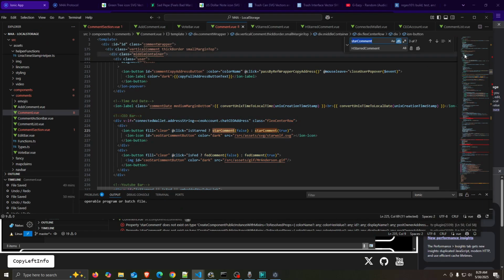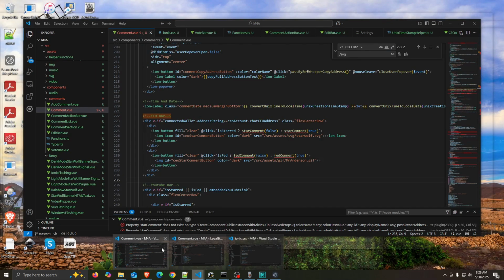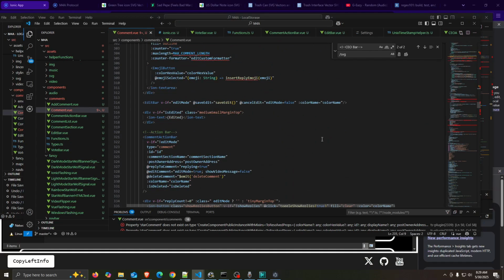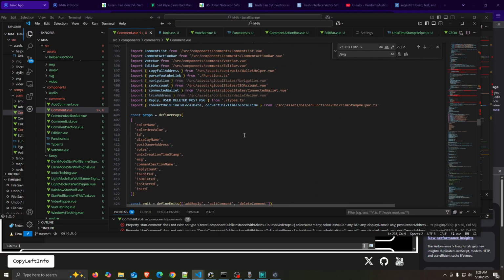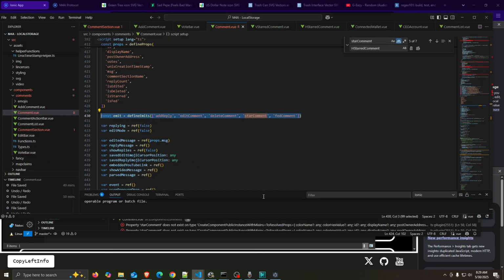And we also need those functions, which are pretty simple. They take a false or a true. We're just taking a boolean. Also going to need these events, and they emit up an event that something has happened and that we should refetch the comments, basically, just like the edits and deletes do. And we need those functions,